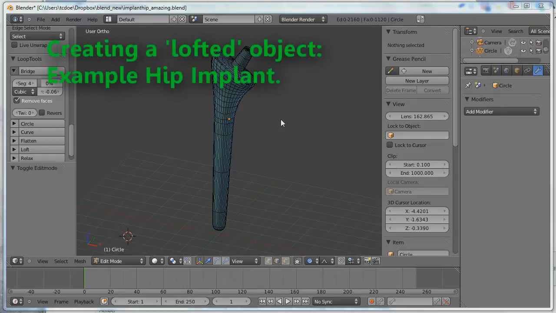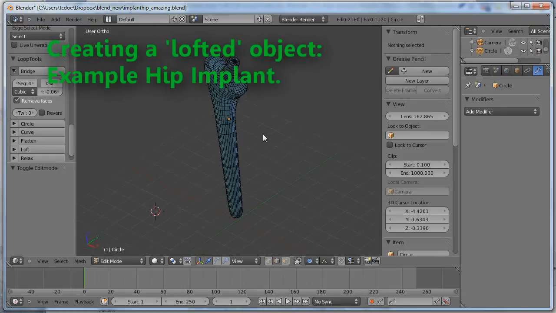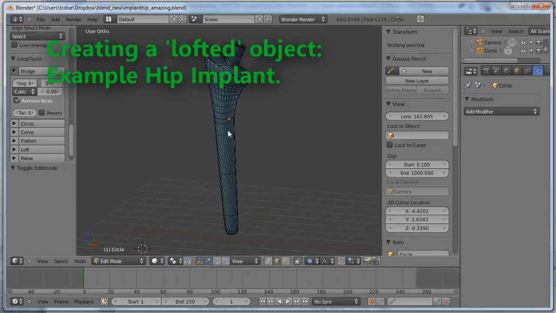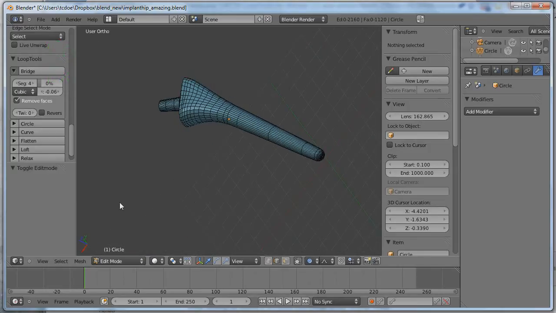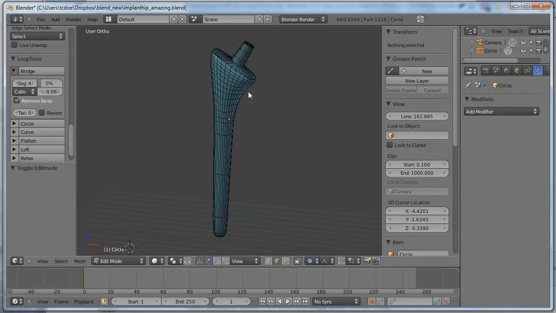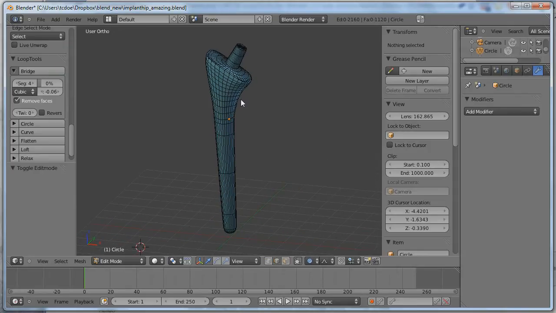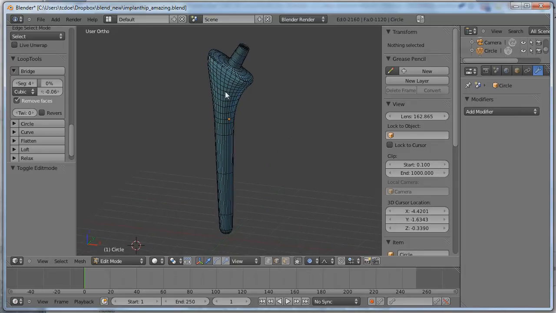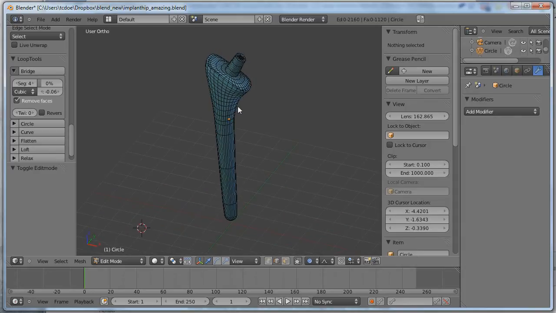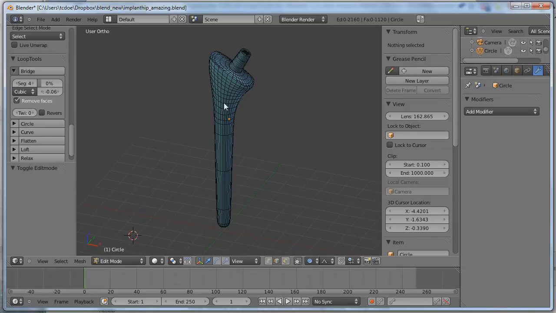Hi everybody. So here's a new tutorial which uses a different approach to creating very interesting objects in Blender, like for instance this hip implant. And I'm going to introduce a new tool, lofting and bridging tool, for use in perhaps subsequent machine design or part design. Okay, so we're going to start from scratch, and I'm going to create the shaft, and then I'm